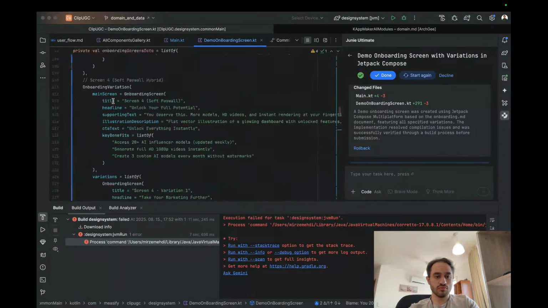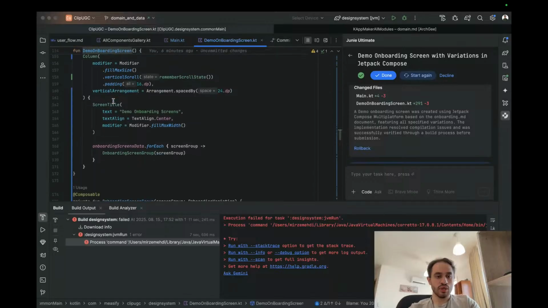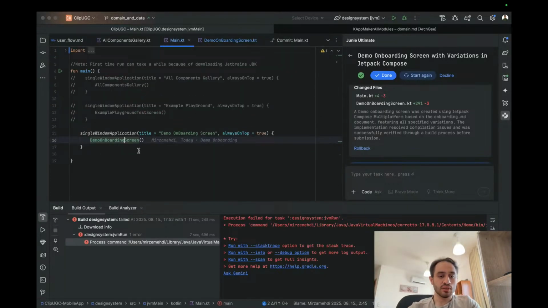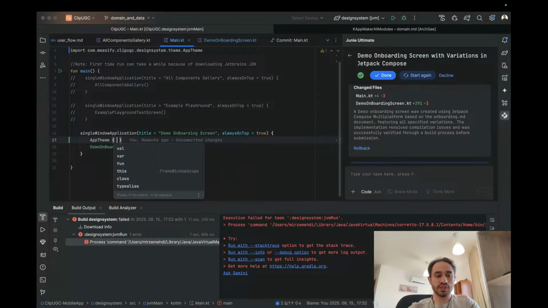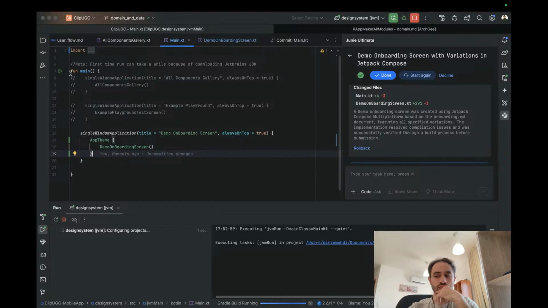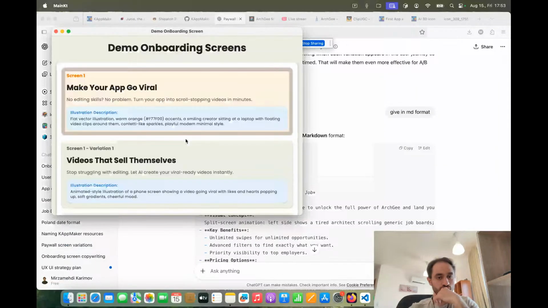Actually, there should be small variations, but for now, let me type C. Okay, now